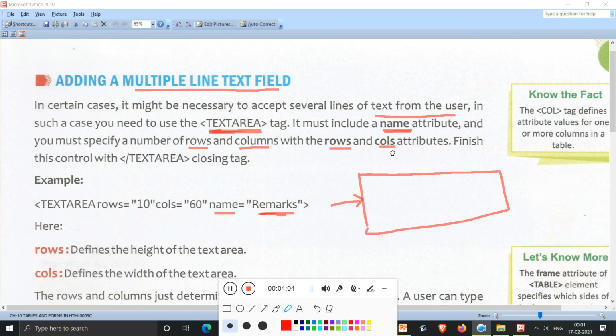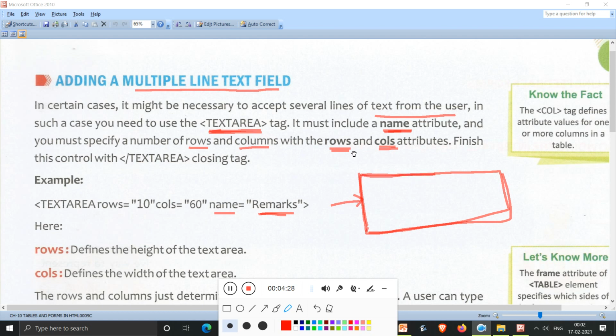So along with the name attribute, you need to use two more attributes, the rows attribute and the cols attribute. The rows attribute determines the height of your multiple line text field box.